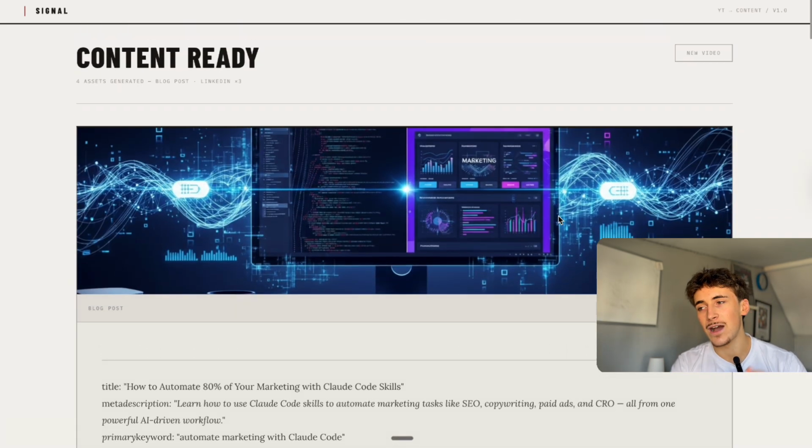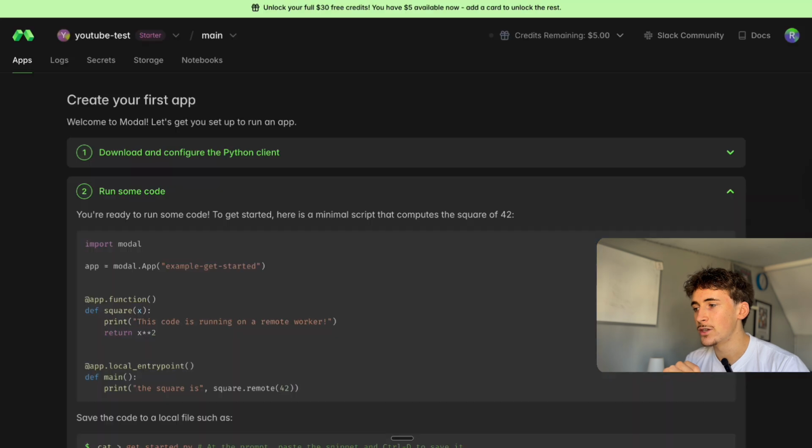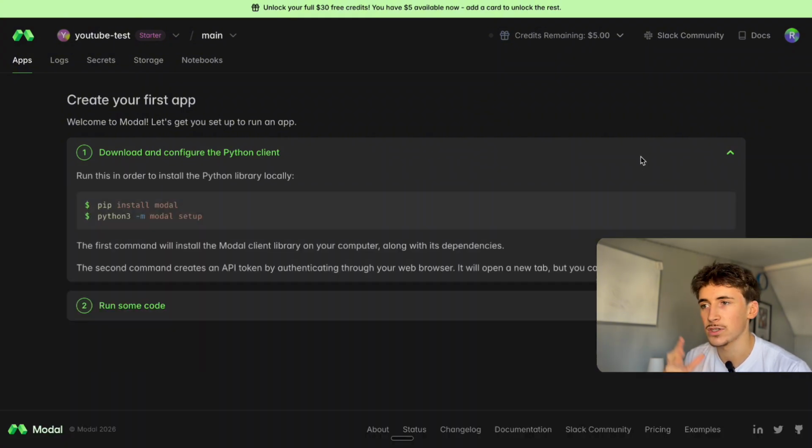Now we need to look at how do we actually host this. So how do we get it off of this localhost URL running for our Claude? Then how do we get it basically running on its own thing? So the way that we do that is using a platform called Modal, which is actually free to use. I think you get $5 credit for free. And then if you add banking information, you get about another $30 for free on top of that. So it's really great, and really easy to integrate with Claude and just start hosting things